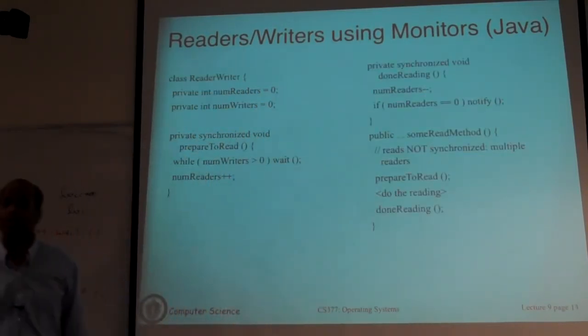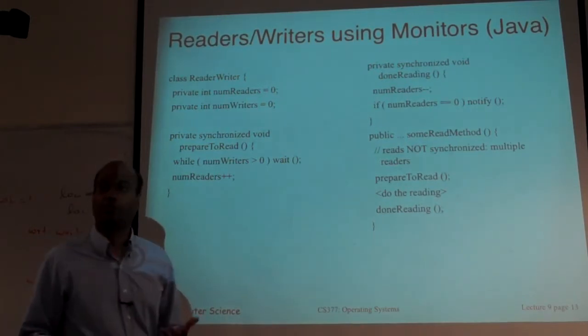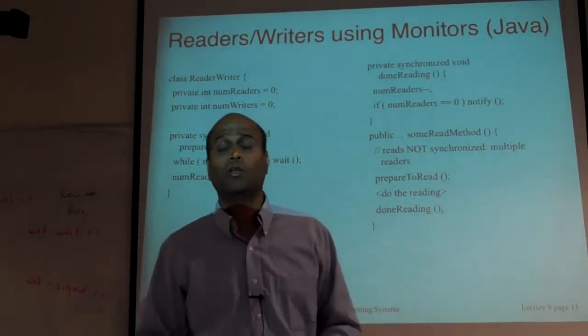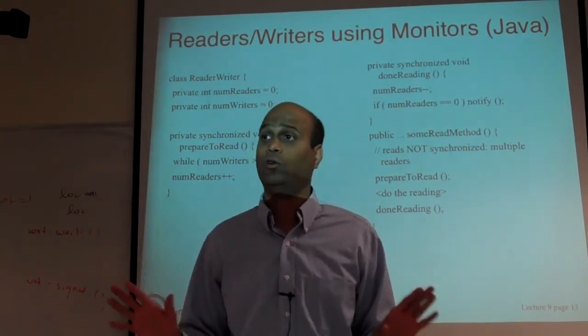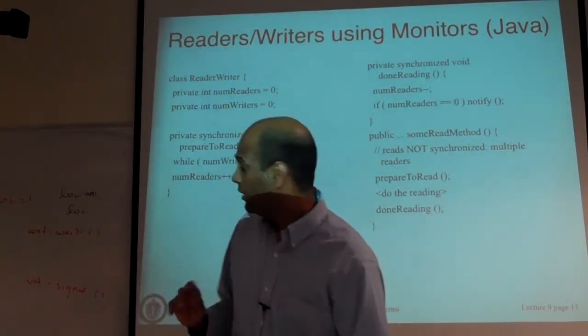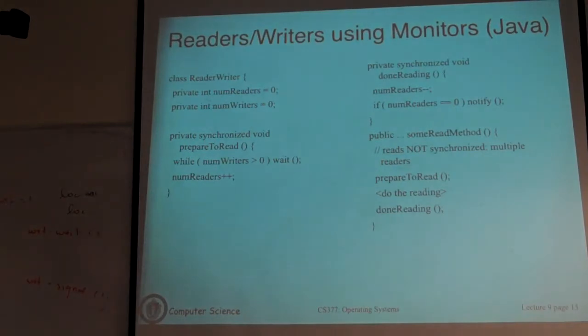But that said, I think we have to ensure that the solution is fair and so on. This is just one solution. So if you want to make it fair, you have to first define what you mean by fairness. Okay? Does fairness mean, one way to do fairness is you always do FCFS, first come, first serve. One group of readers goes through first, the writer goes next, another group of readers goes next, and the next writer goes. So if you go in this order, that may be fair.